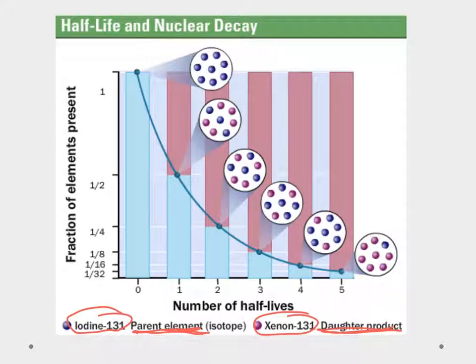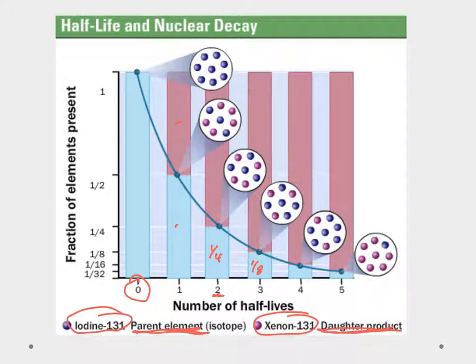And a half-life is where half the original sample is going to decay down to the daughter product. So if we look here, we start off with all parent sample. After one half-life, we're at half parent and half daughter. We go through another half-life and we cut whatever we had in half, so now we have a quarter, and we'll have 3/4 daughter, and after 3 we'll have an eighth. And that helps us because we can look at that ratio from parent element to daughter product, and that's how